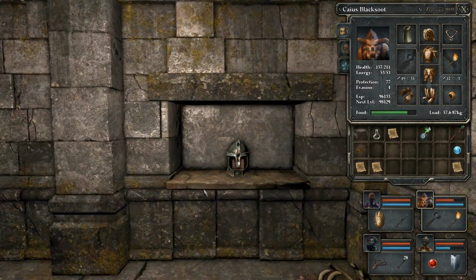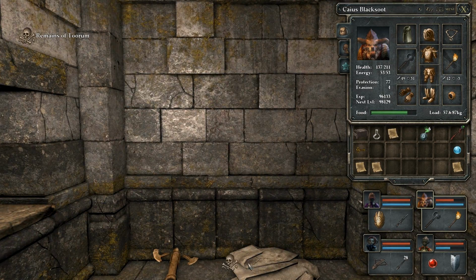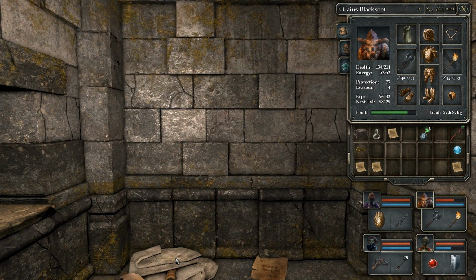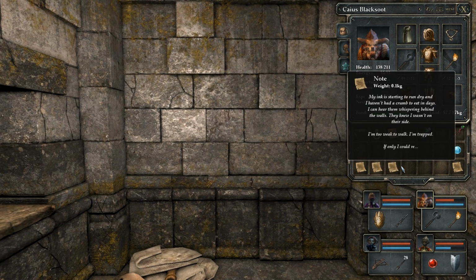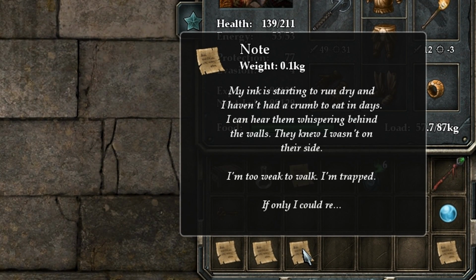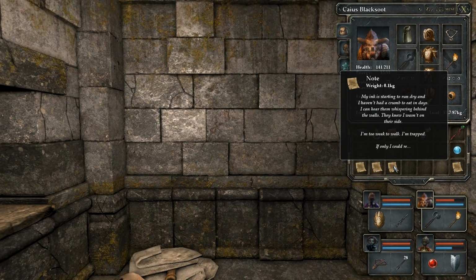Wow. And there's a bunch of morbid looking stuff here, including some bones and another note, which I'm trying to find, another note under a cloak that says, my ink is starting to run dry and I haven't had a crumb to eat in days. He was already hungry before he came in. I can hear them whispering behind the walls. They knew I wasn't on their side. Do you remember I mentioned that? And there is whispering in the soundtrack too. He says, I'm too weak to walk. I'm trapped. If only I could reach...